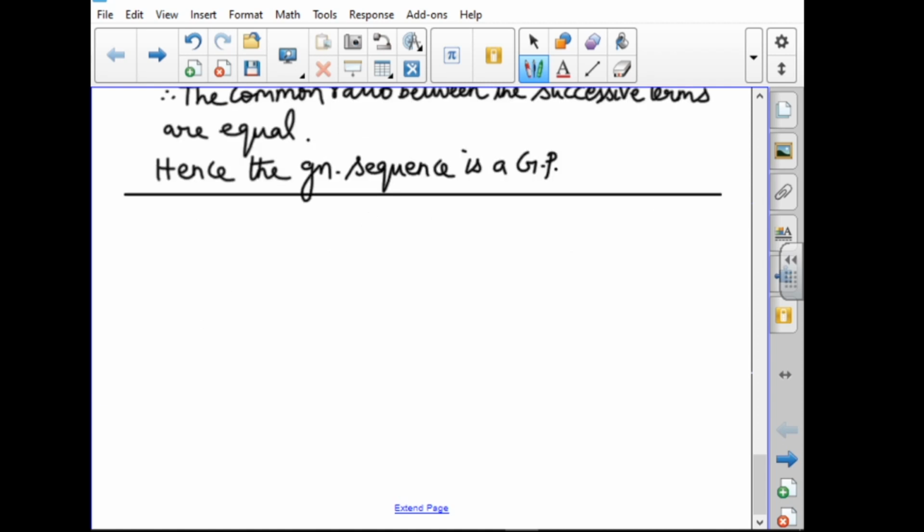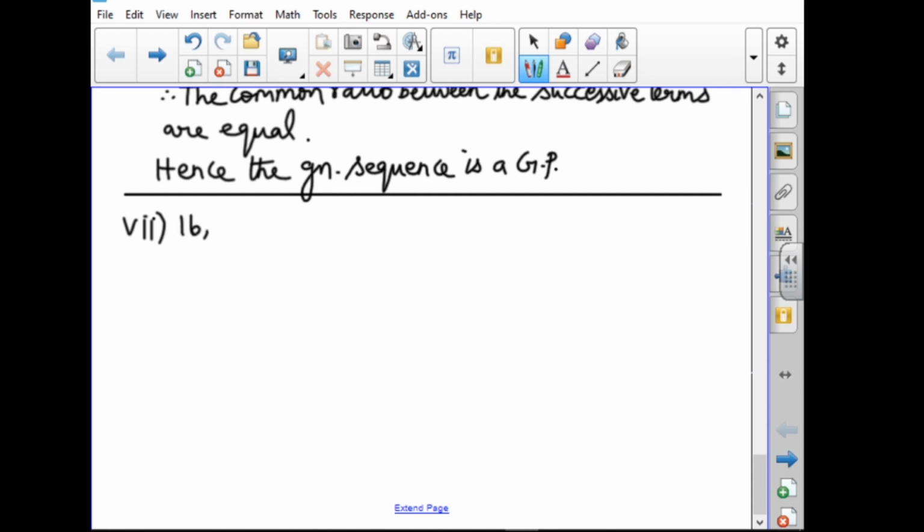Sixth sum also same method, but it is in decreasing order. The numbers are different: 120, 60, 30. So here you have to divide. Now seventh sum, take it as homework sum. Fourth and sixth sum you take as homework sums. Refer to the example sum and work out the answer.